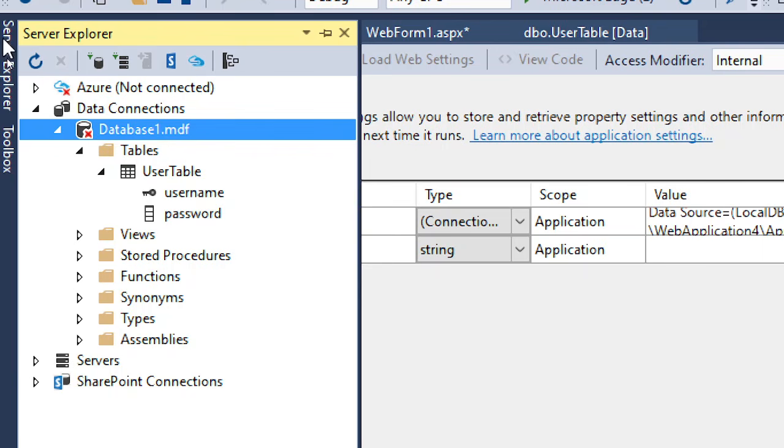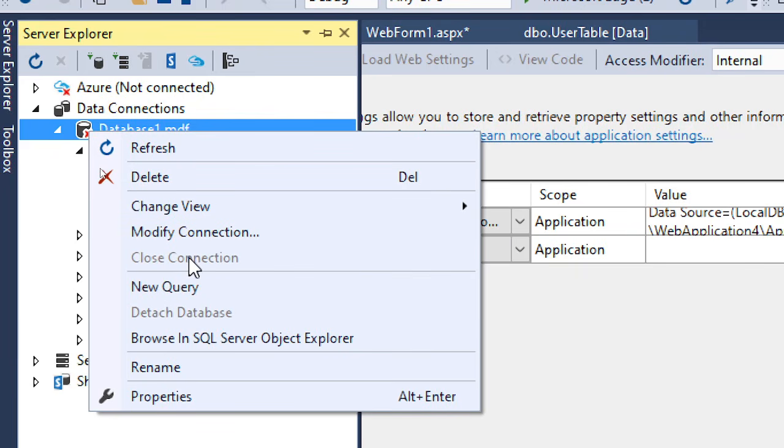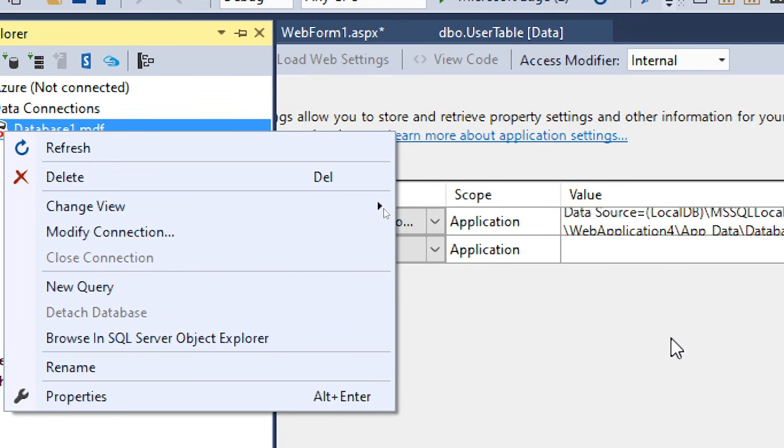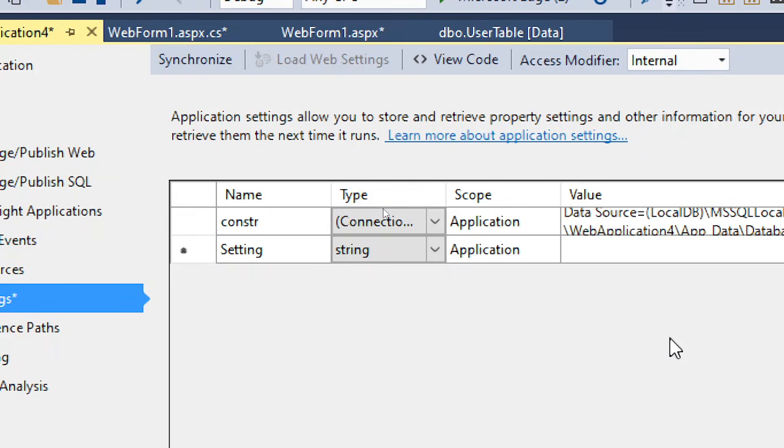Now see to it that you close the connection when you are testing for the connection. The connection on the Server Explorer has to be closed in order to test whether you will be able to connect to the database or not. So just right click and close the connection. It's already closed. You can't close it one more time. Now once you close this, you come back to the